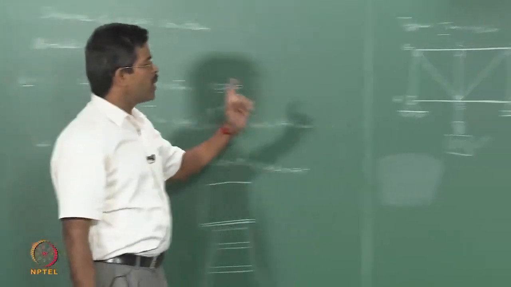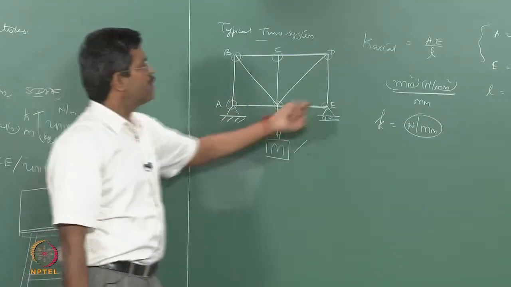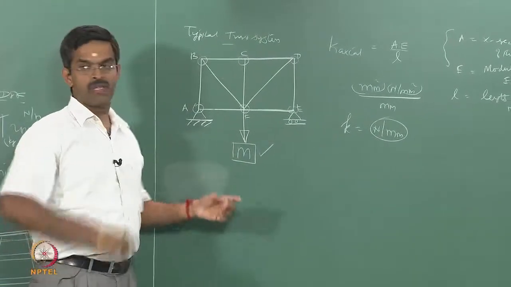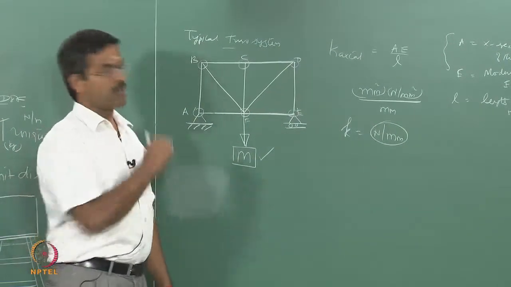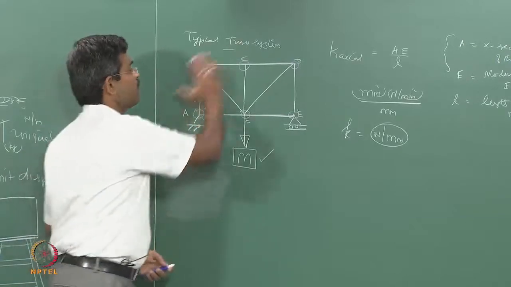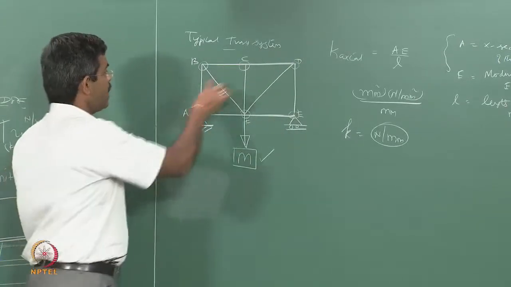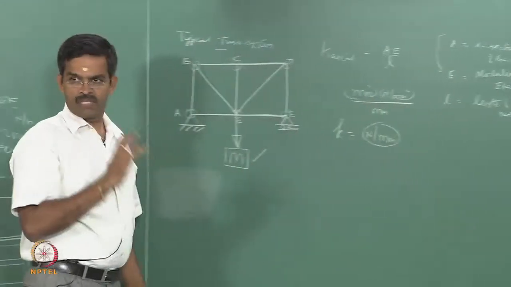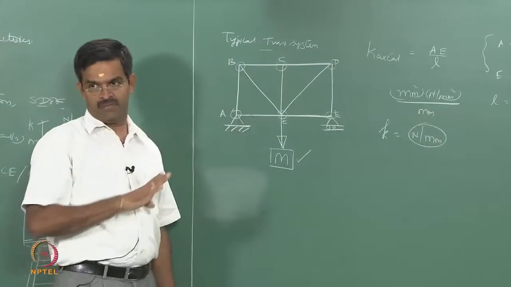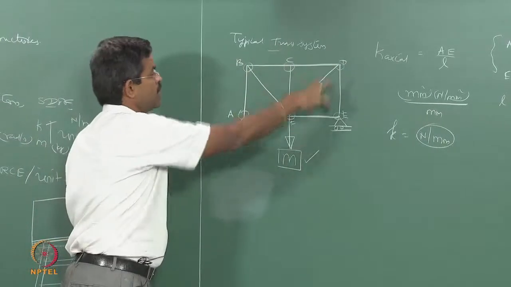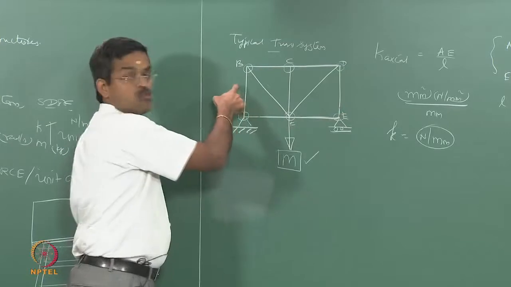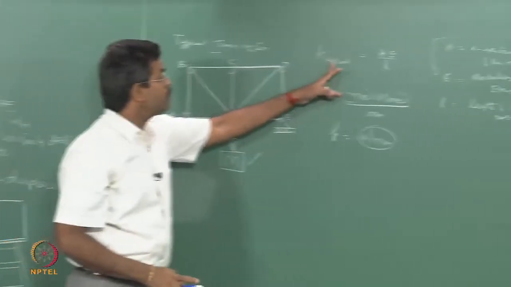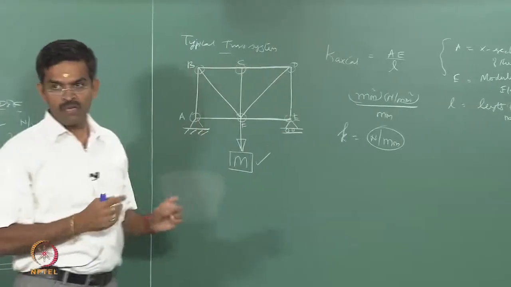Interestingly, if there had been only one member here, I could take the AE by L value of that member and easily find K, I know m, and I can find the natural frequency of vibration of that member or the structure. But here the structure is an assembly of different members. Now, A may be different, we do not know. E sometimes may be different, but generally it is not, but L is certainly different. For example, if it is a square system of 45 degree, L of these two may be the same, but obviously the L of this is different. Therefore, the axial stiffness possessed by each member is different.